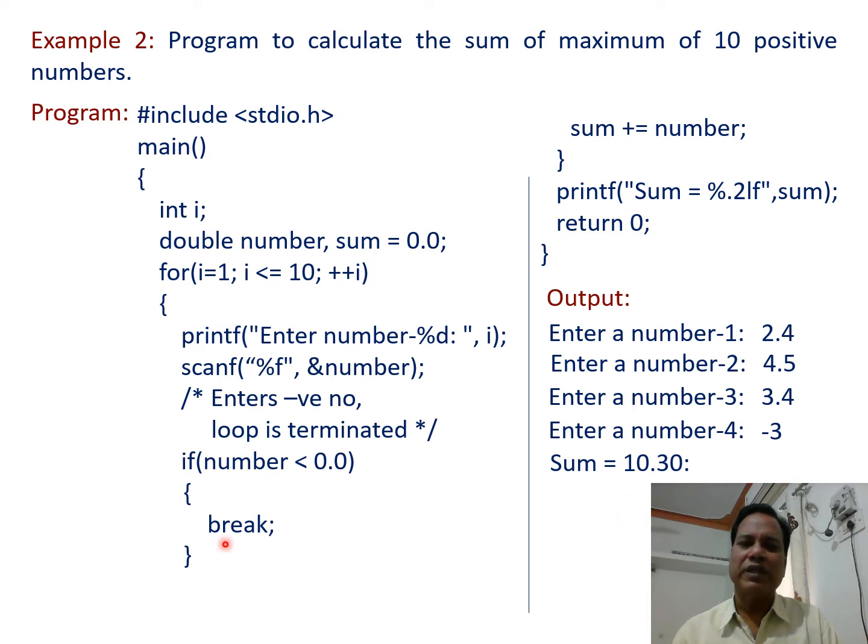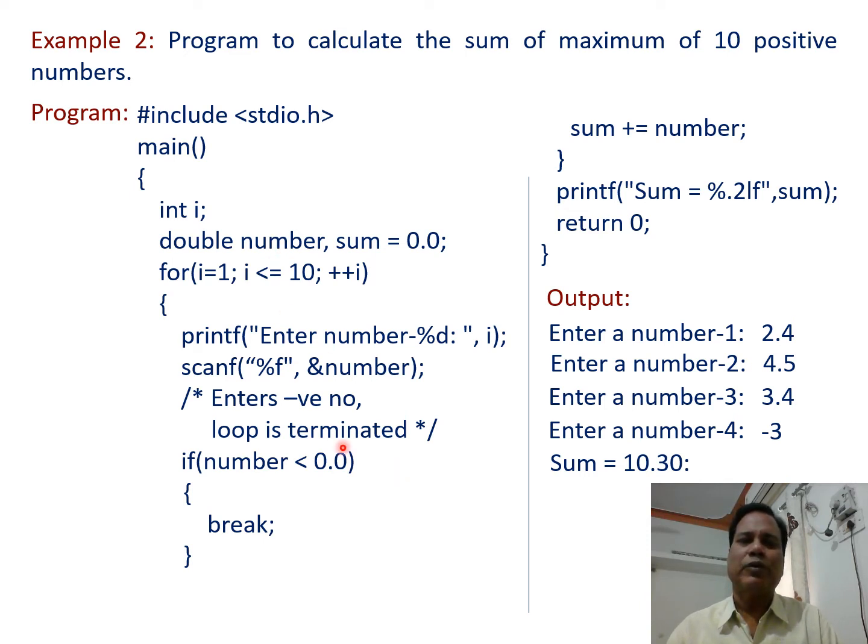So in this way we see the use of the break statement, because this for loop can add 10 positive numbers. But if we want to terminate the for loop after adding just 3 numbers or any number, we can terminate that for loop after adding 3 numbers, 4 numbers, 5 numbers, up to a maximum of 10 numbers. So the for loop can be terminated at any point.